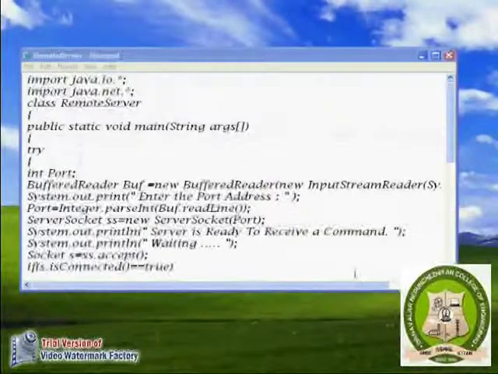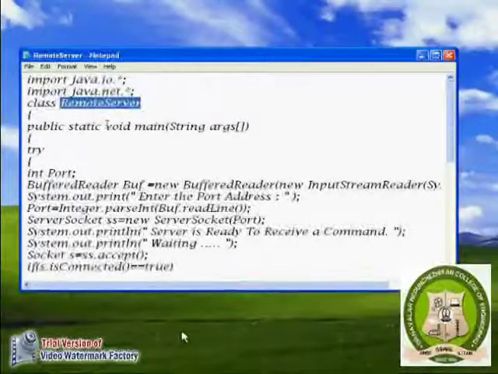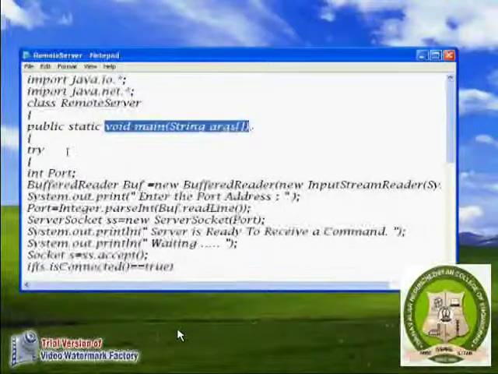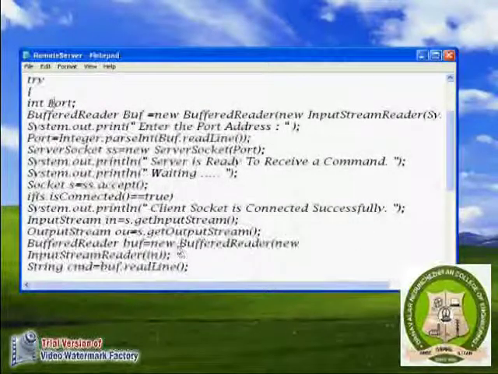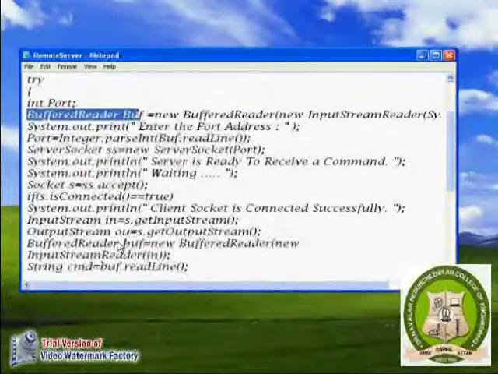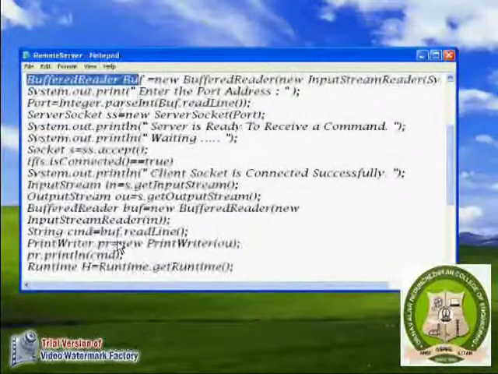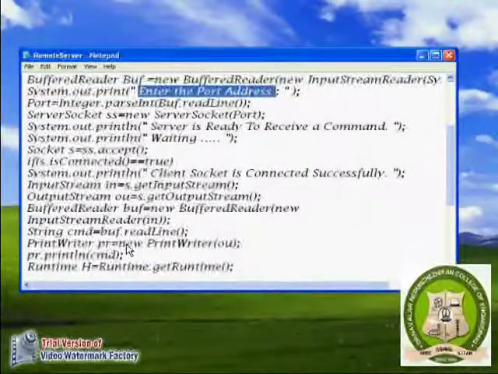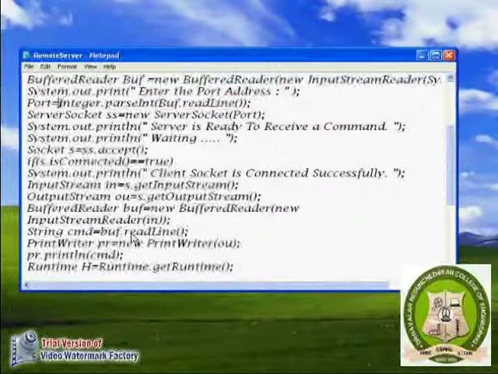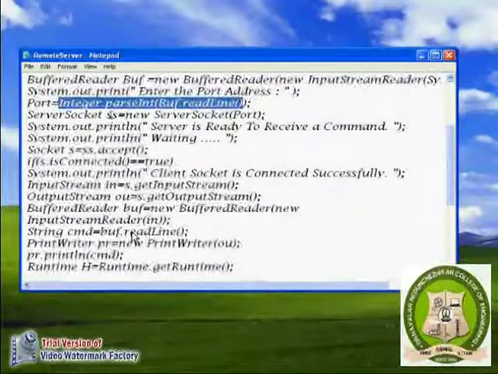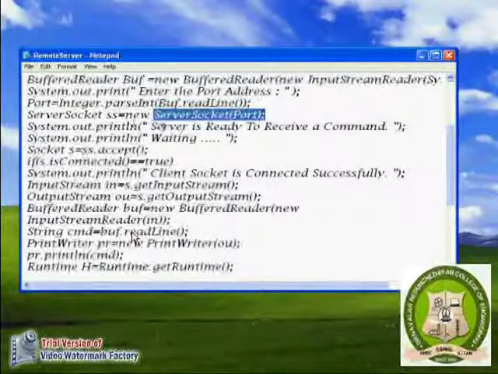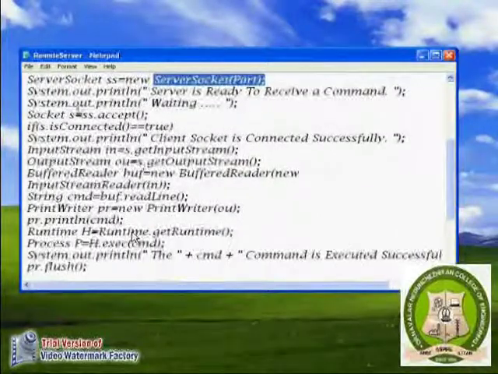Then open a new notepad for server program. Import the Java files and define the name as RemoteServer. Then void main function is declared. BufferedReader is to get the input stream. Enter the port address. A new ServerSocket is defined to get the port number, and it prints the statement